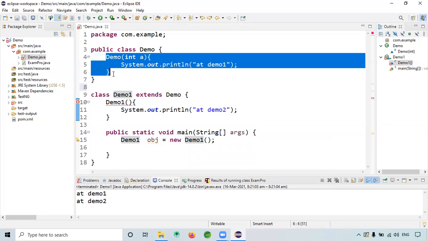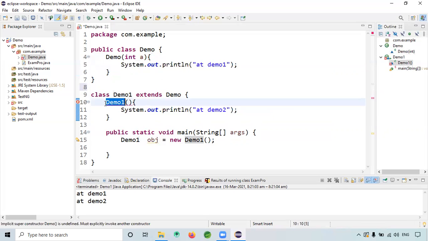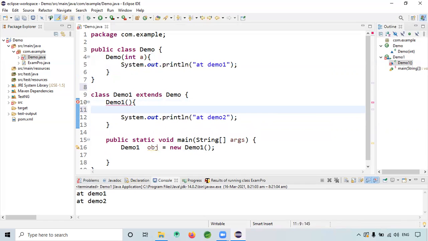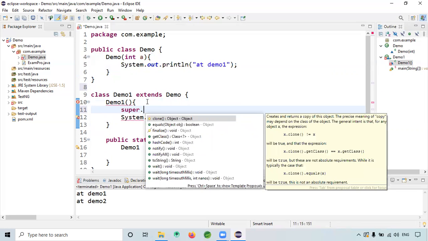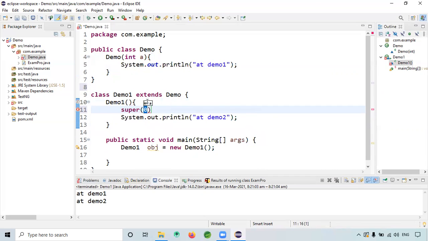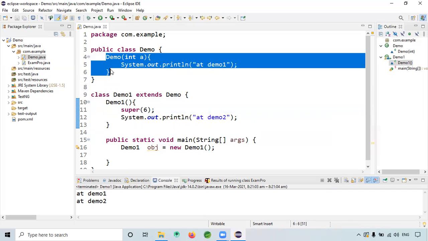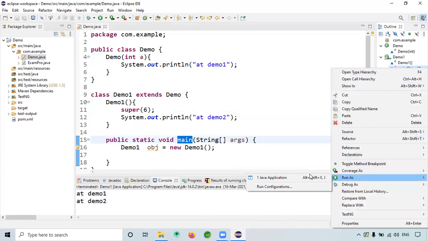I have a parameterized constructor here, but I have just created the default constructor in the child. If you want to call that Demo 1, then we have to give super with the argument, like this. Then obviously it will call the parameterized one. So now the error is gone.